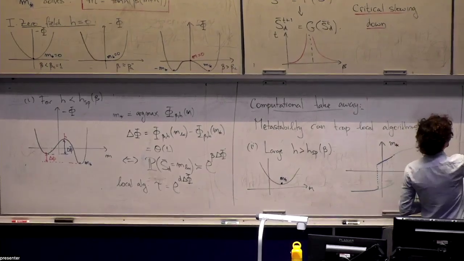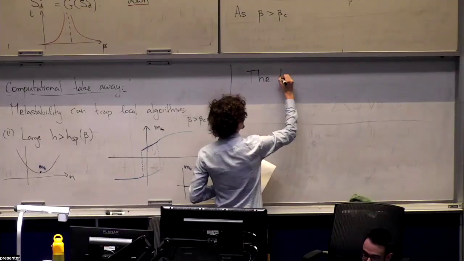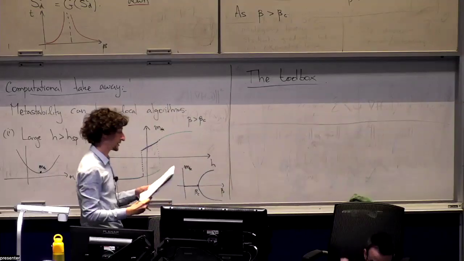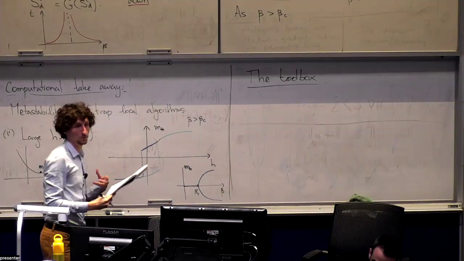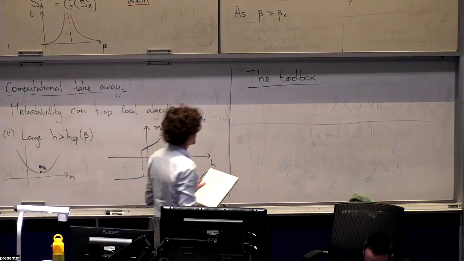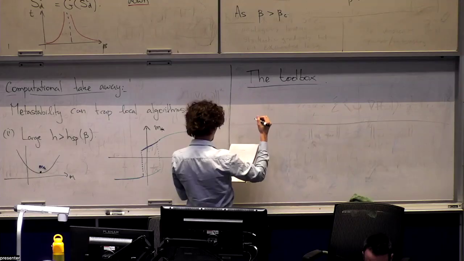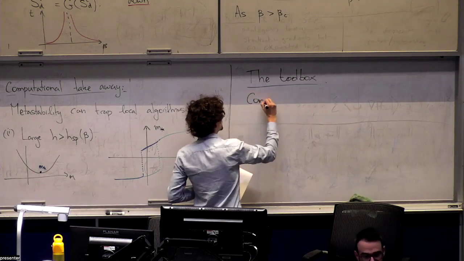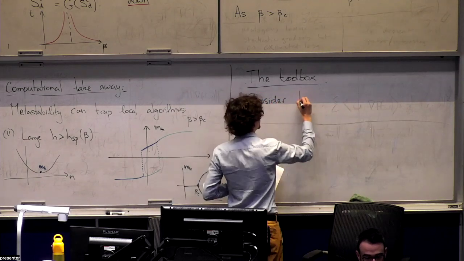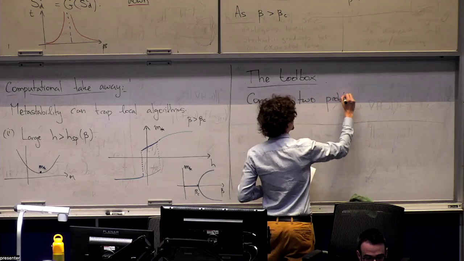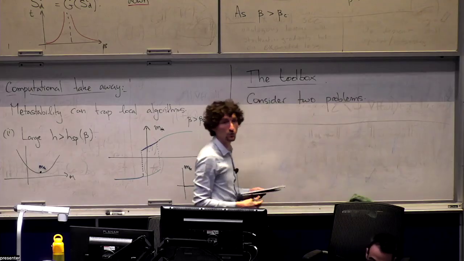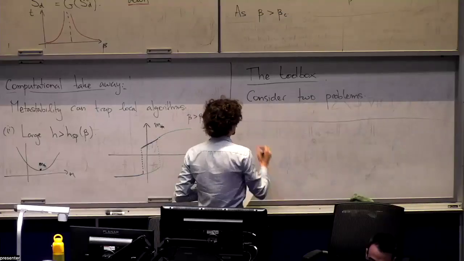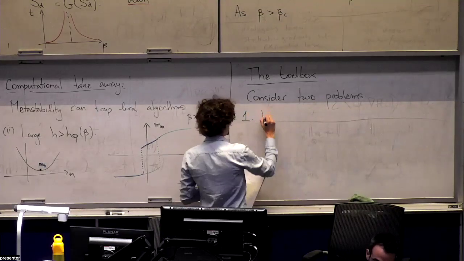So now let's move to the second part of the tutorial, which is the toolbox. Here we are going to move away from statistical physics, or at least a bit, and we are going to be considering learning and inference problems which are a bit closer to what most people are used to. So let's consider two problems, which at first sight might look quite unrelated, but I claim that we're going to be able to treat both of them together. The first problem is the problem of Bayesian inference.